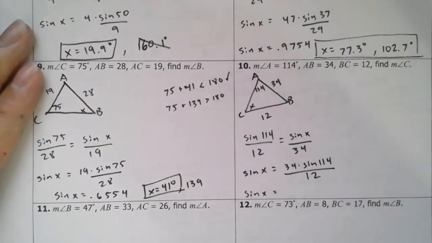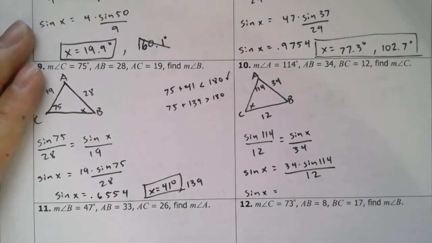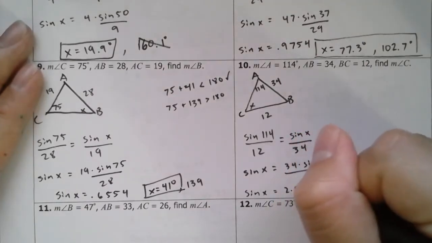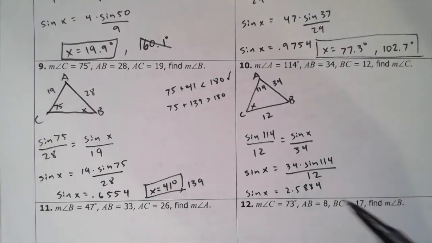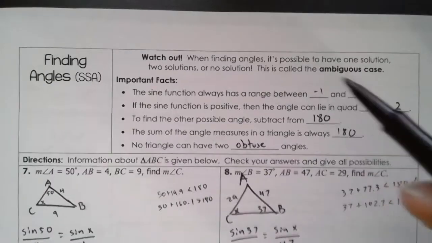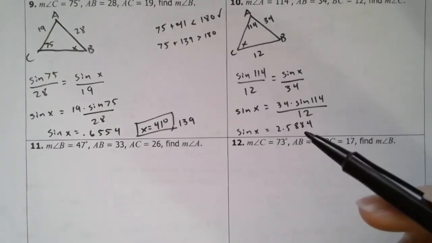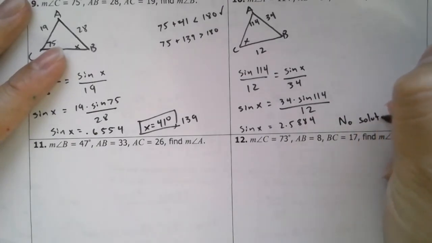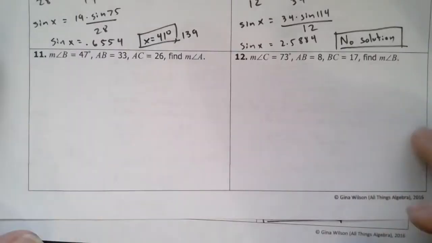This expression in your calculator is going to give you 2.5884. Now find the inverse function of this, but you might pause and be like, wait a minute, there's a problem here. Look, 2.5884. And we already know that the sine function only has a range between -1 and 1. So it's going to be greater. You can try putting this in your calculator, but it's going to give you an error. So this one has no solution. Okay, it's not possible. In other words, this triangle is not possible. So next one,